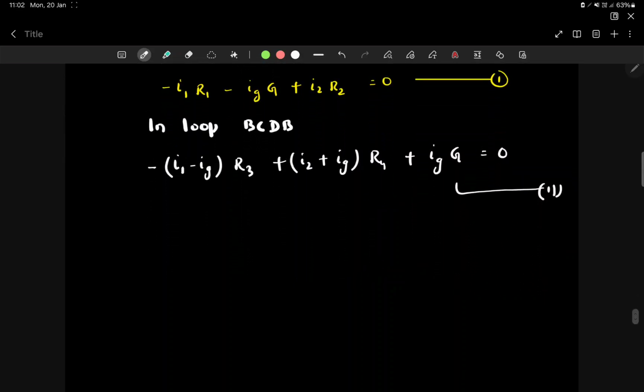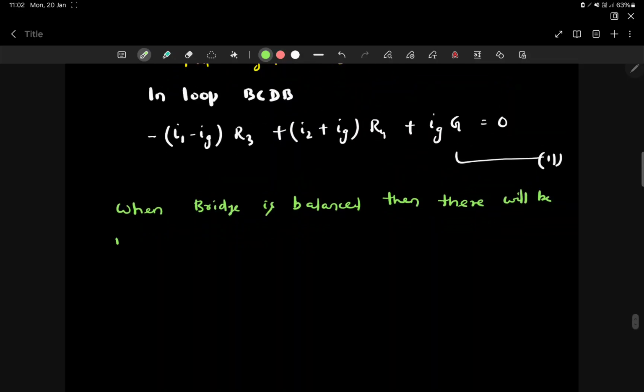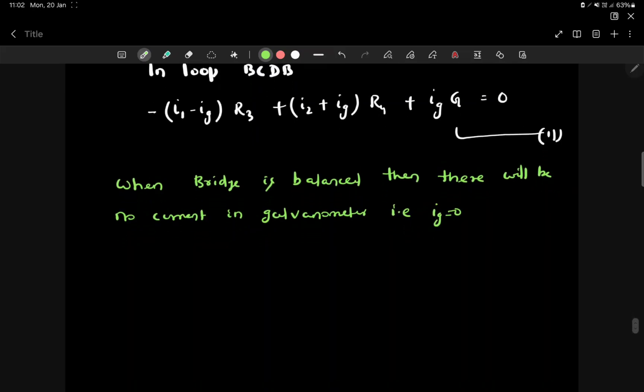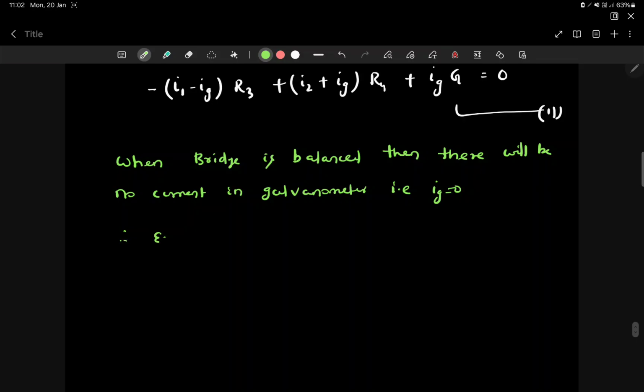When the bridge is balanced, we can write that there will be no current in the galvanometer. That is, the current through the galvanometer is 0. So if Ig is equal to 0, then equation 1 becomes: